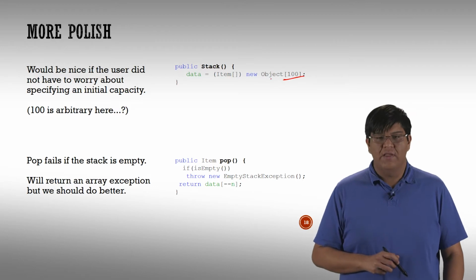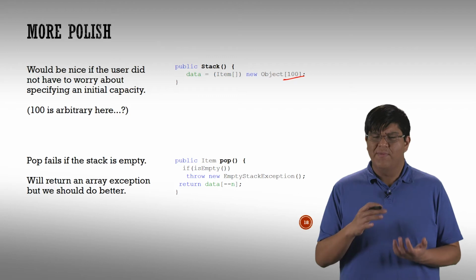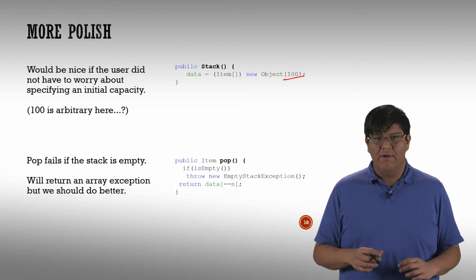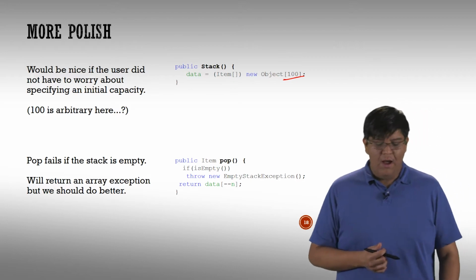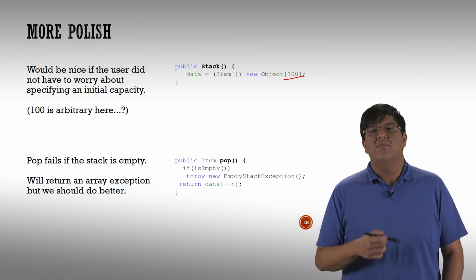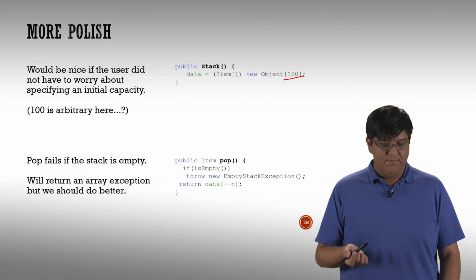Normally you pick that based on how big you expect that stack to be, right? If you expect that stack to only have a couple of elements in there, only make it small. If you think there's going to be a million things in there, make it a million elements long. You can do both of those things. Here I'm just picking 100 kind of arbitrarily. The point is we should add a default constructor which hard codes in that default capacity size. That won't cause any issues, and it'll even make this easier for someone to use.